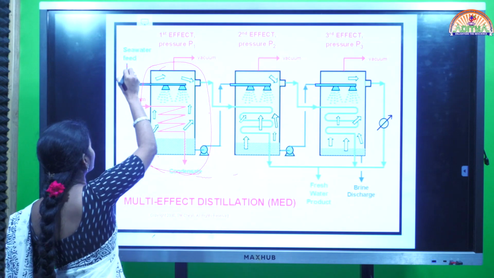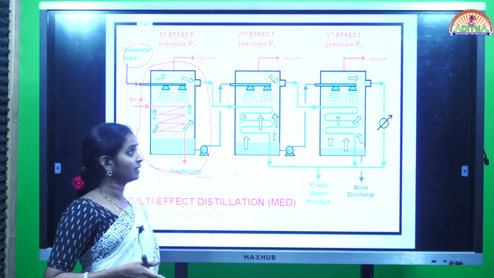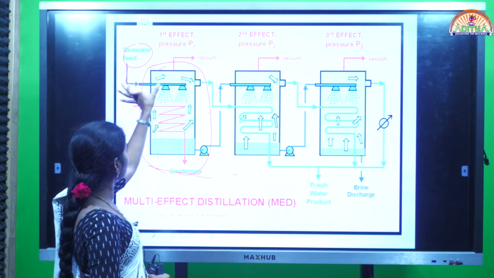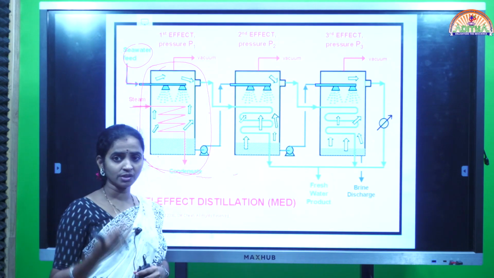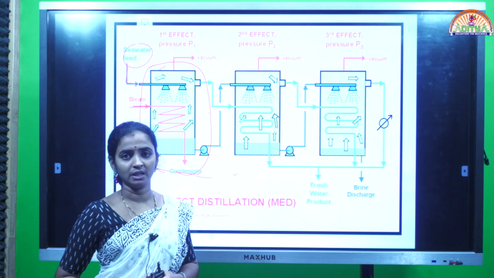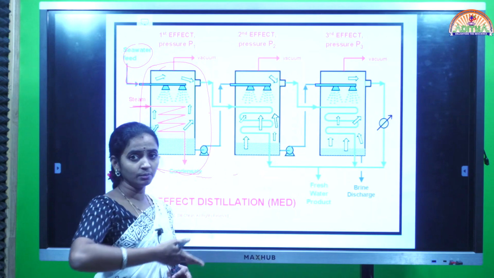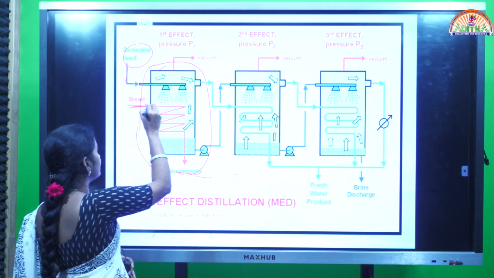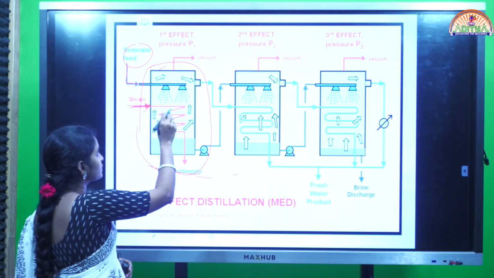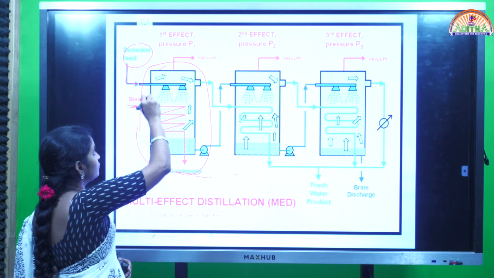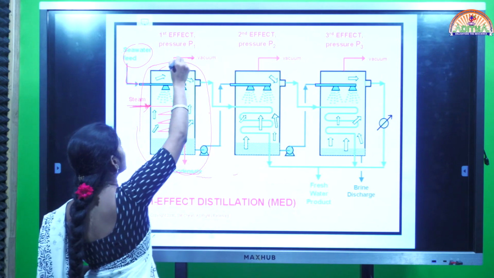Sea water feed means nothing but the potable water we are taking. Generally normal water we take from the upper inlet. And this is the steam. Steam means we are giving some source of heat externally. Steam should be provided, then only the water will get boiled. So for that boiling we provide steam externally into the still. The steam will enter the chamber and help in the boiling of the feed water, nothing but the tap water that you have taken. And here we are also using the vacuum.